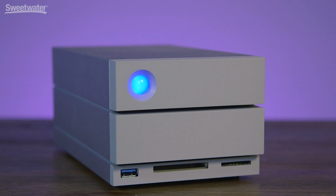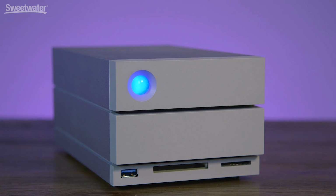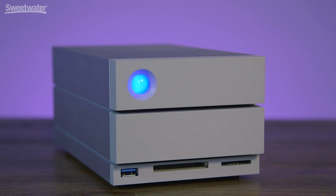This time out, a versatile storage solution from LaCie. Let's get started. Today we're checking out the LaCie 2big Dock Thunderbolt 3, a versatile storage solution that combines a RAID drive along with a hub or a dock for your other storage solutions. At its core, the 2big Dock Thunderbolt 3 is of course a RAID drive. There are two hard drives inside, and those are Seagate IronWolf Pro Enterprise class drives, so they're extremely fast and